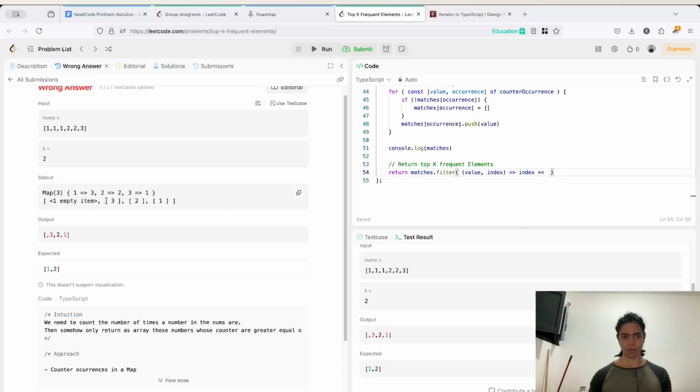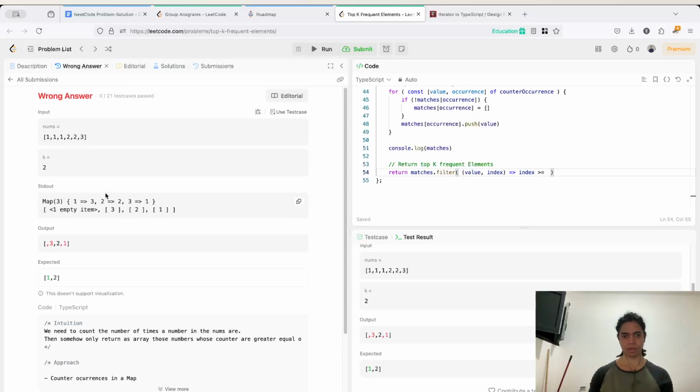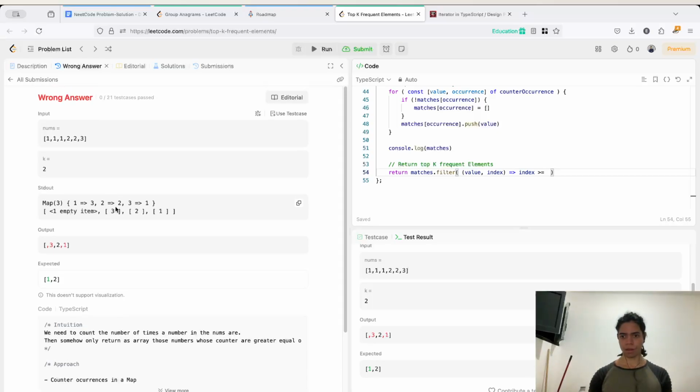Which means that from the K2 most elements, it means that from the K2 most element,